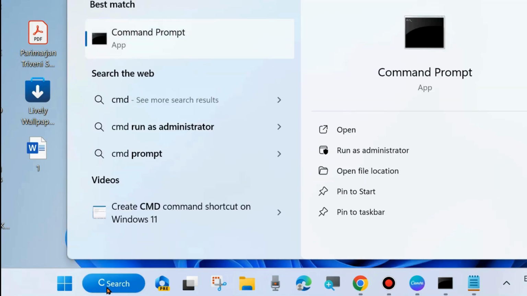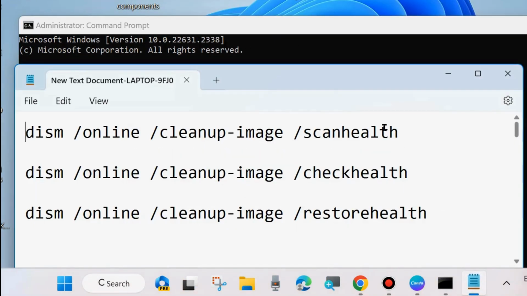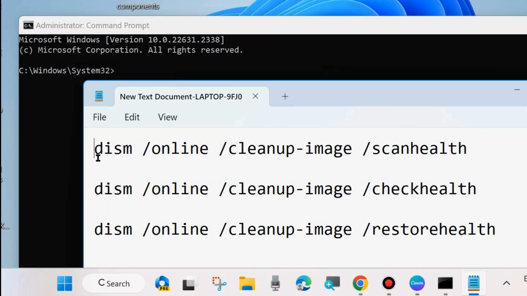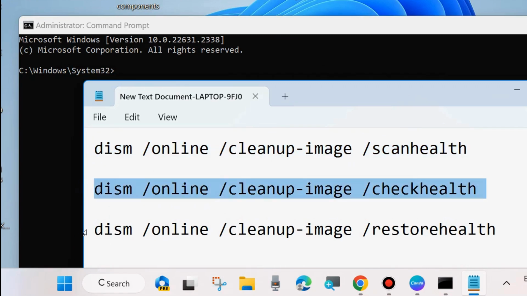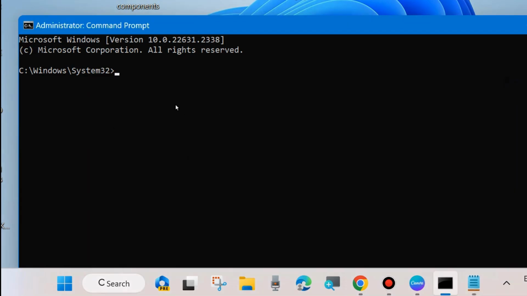Again go to Windows search and type cmd to open command prompt windows and click on run as administrator. Command prompt window will open as administrator mode. Here execute these three DISM tool one by one. DISM online scan health, DISM online check health, and DISM online restore health. Execute all these three commands one by one, followed by enter key each time in command prompt windows,